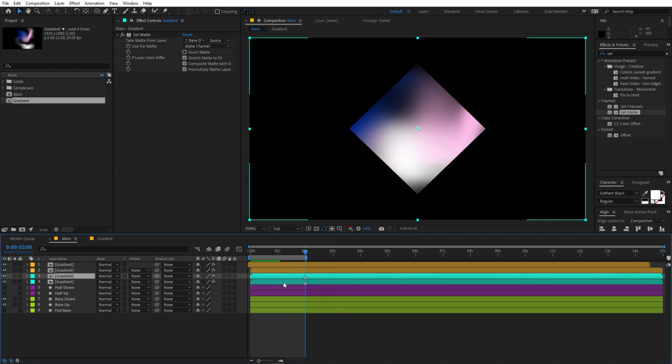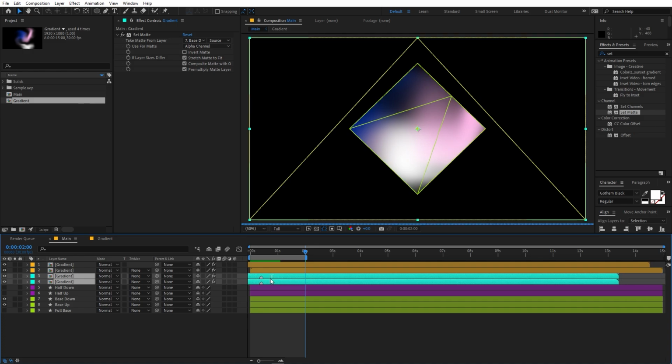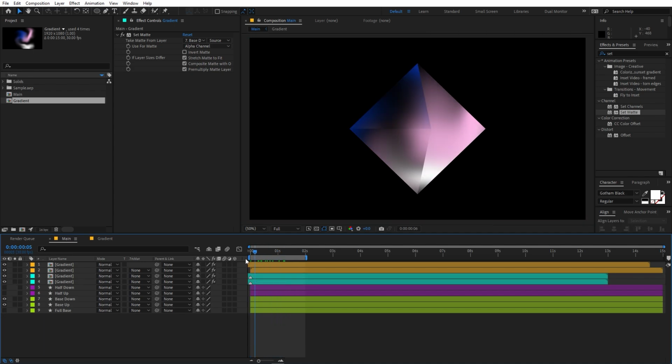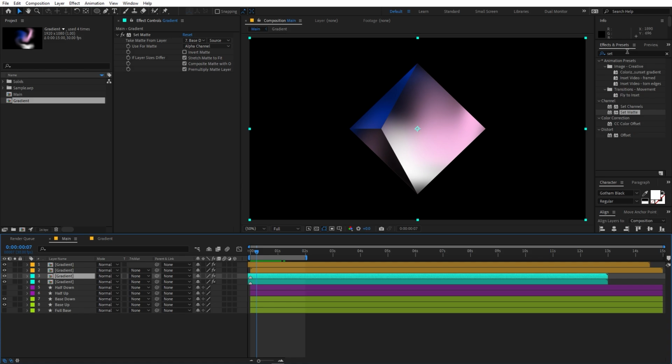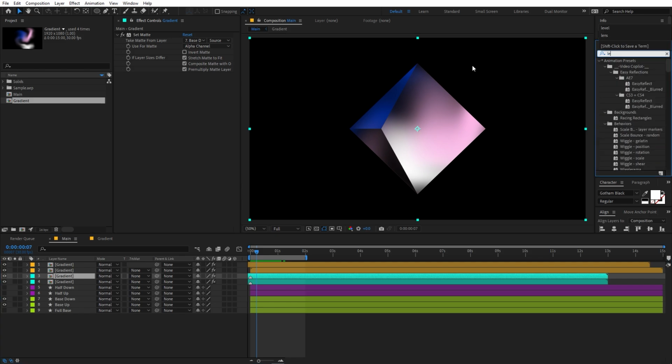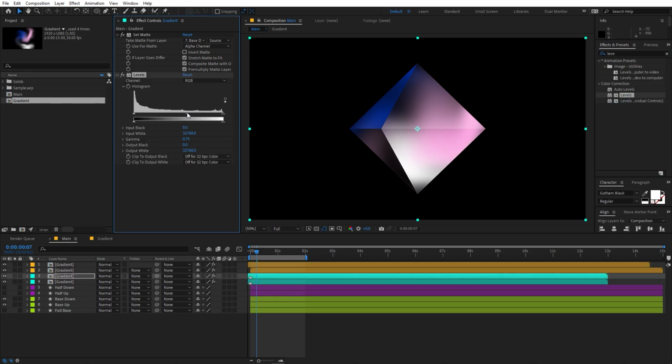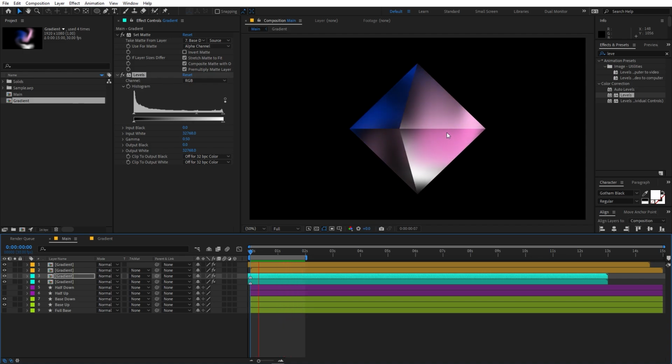After that we can select both of these layers and let's move them further apart. And let's place this marker at the very beginning. Something like this. So now you can see we have added a variation to this. Just like that. Also in the beginning we can separate these two by simply applying levels effect to one of these. So let's search for levels and let's drag it on to the top one. And over here I'm going to just simply change this value and we can make this darker or lighter however you want. So if I play back, here you can see we have this sort of animation and you will